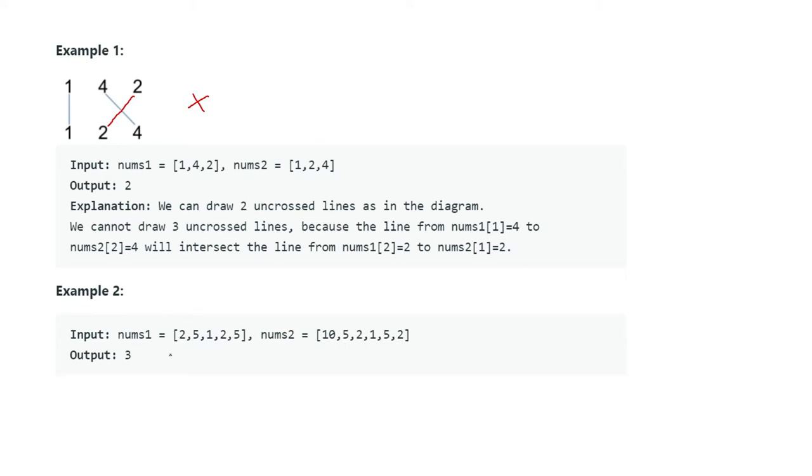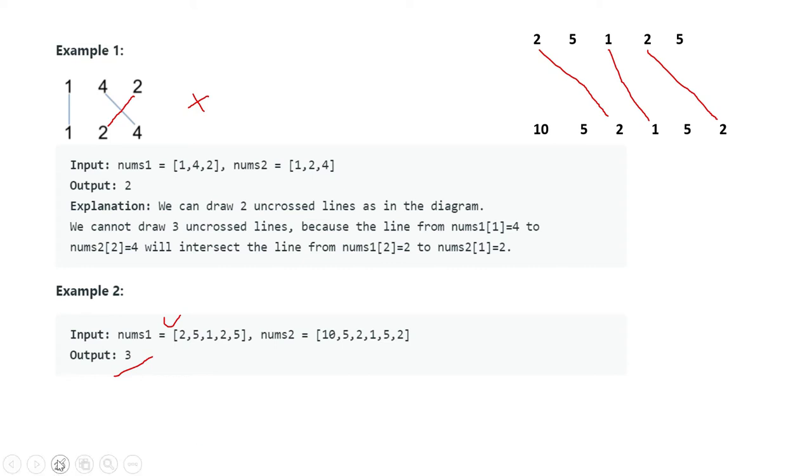So here if you take another example, the first is 2 5 1 2 5. If I draw here, another one is 10 5 2 if we draw here. So how many possible lines can we draw without crossing each other? One thing we can do is match this 2 with 2. Then this 5 I can't match with this 5 because at that time it will cross. So another thing is from 1 to 1 we can do. No one is crossing. Then 2 to 2 we can do. So a maximum of 3 lines I can draw without crossing each other.